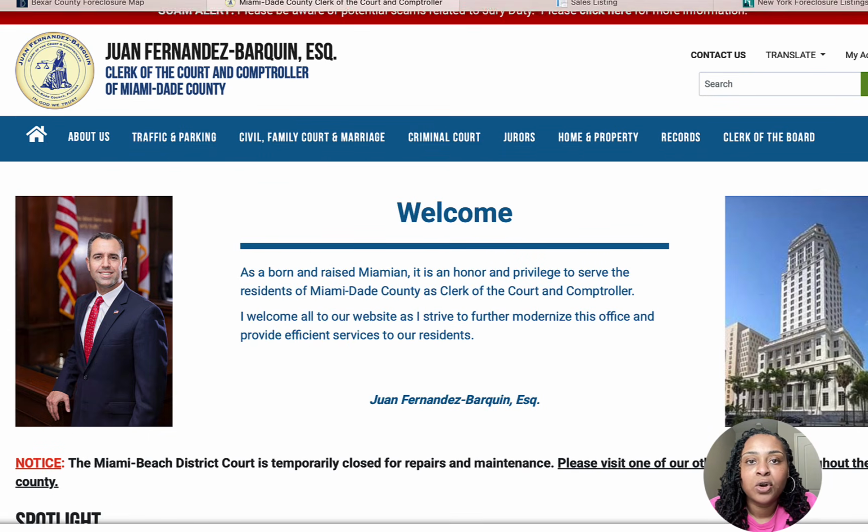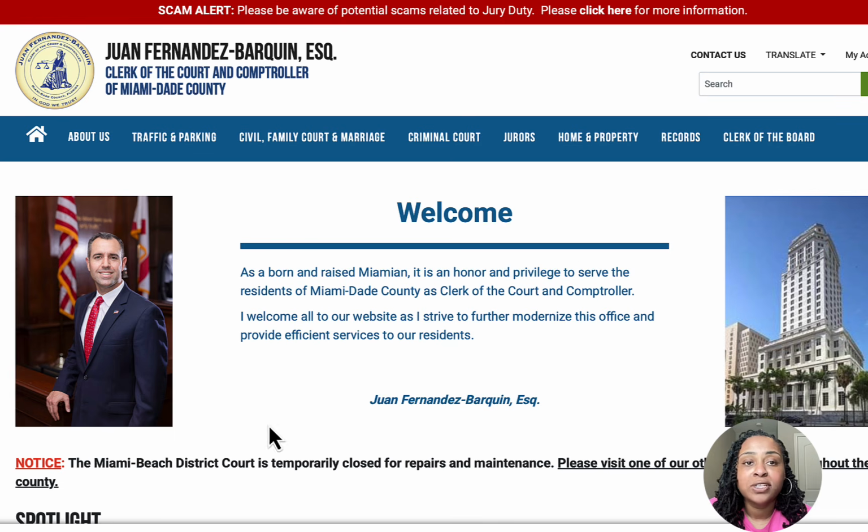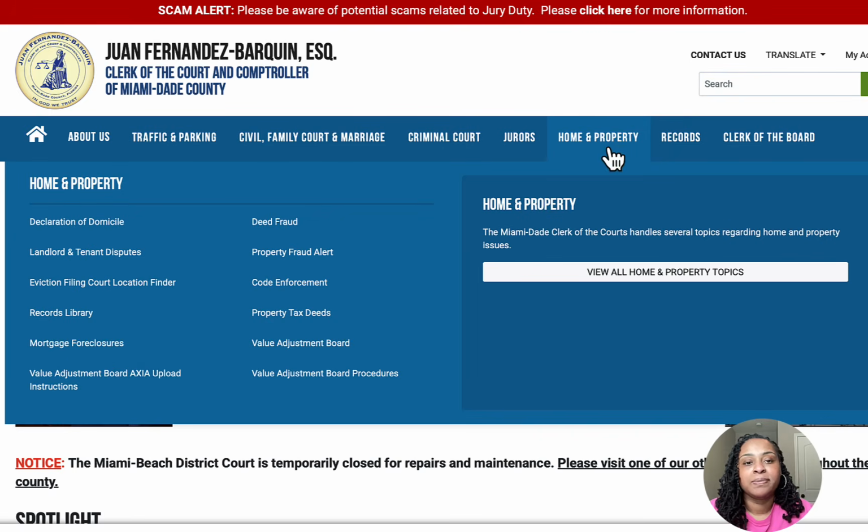So you're going to click in the search engine miamidadeclerk.gov. Once you get here to the main page, it has a lot of county information. What you're going to do is go to home and property. After you go to home and property, you're going to go down here and click